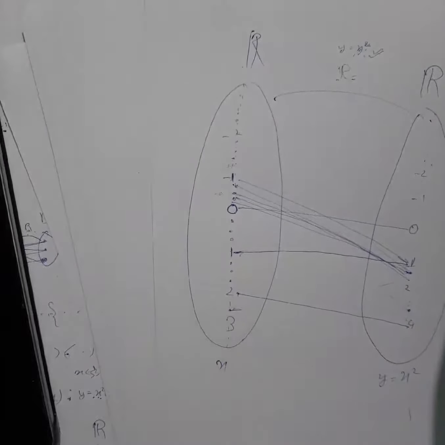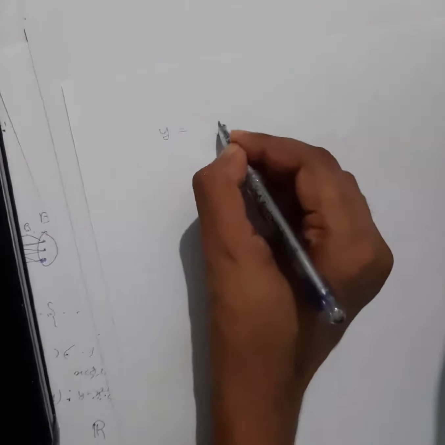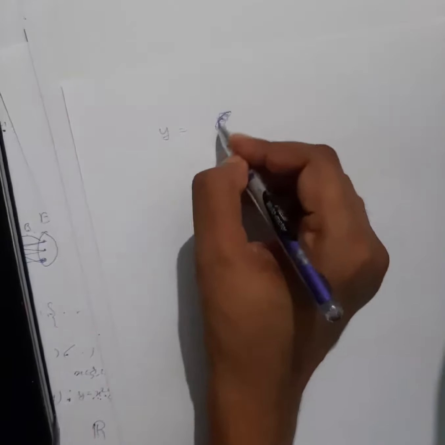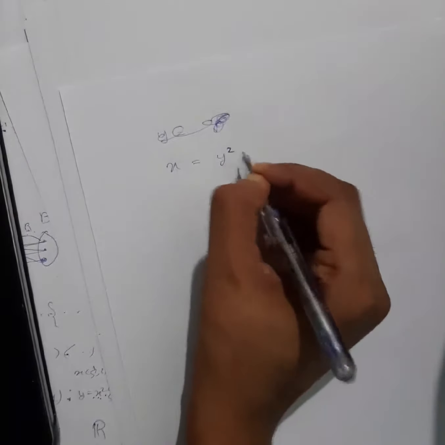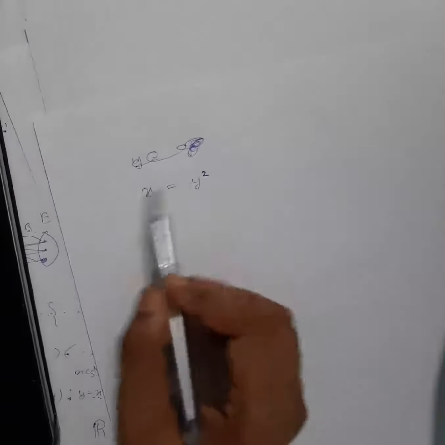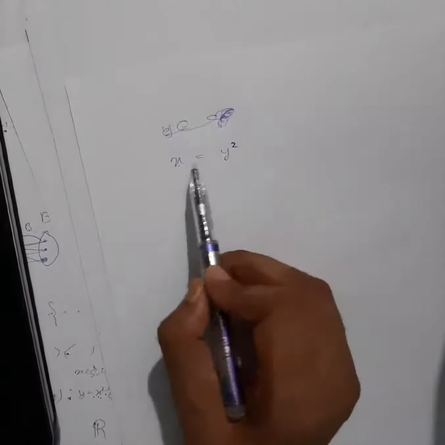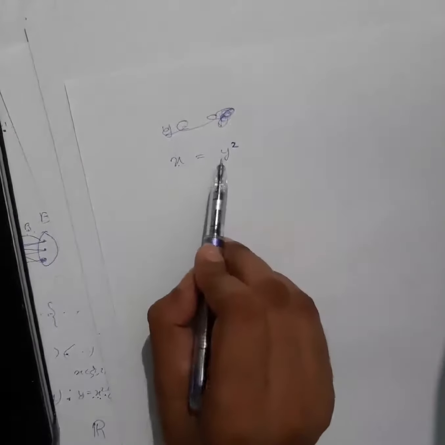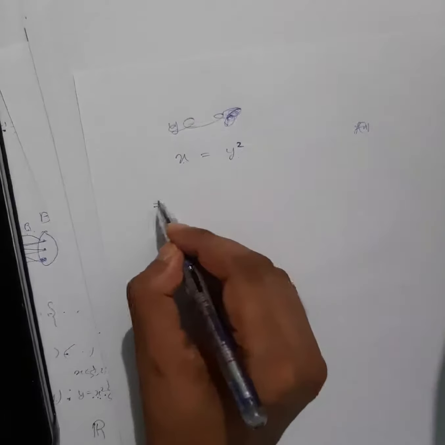Okay, now see that example. Here, let me take x equal to y square. If I give you a function like this, a function means a relation, right? I told you all the equations which you have done in lower classes are relations only, but whether it is a function or not, that you have to check. So suppose I give you an equation like this. This y is denoted by f(x), right? I can write this as y square. If I bring this side, what will it be?